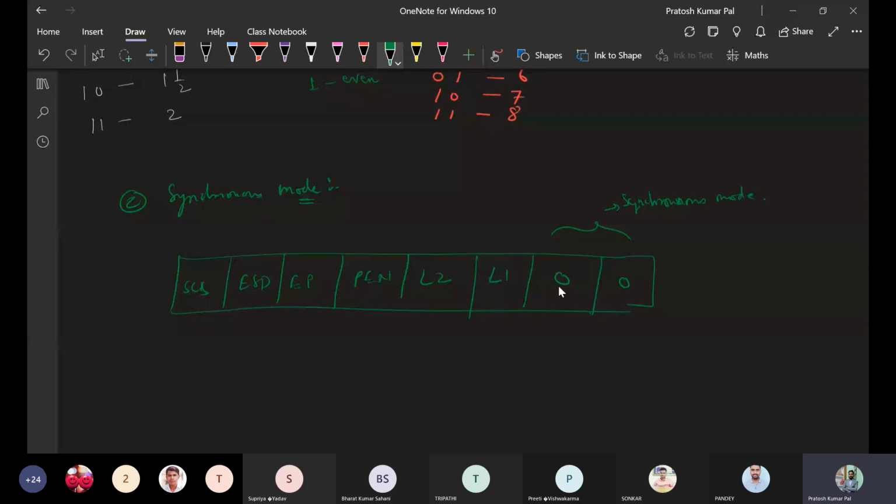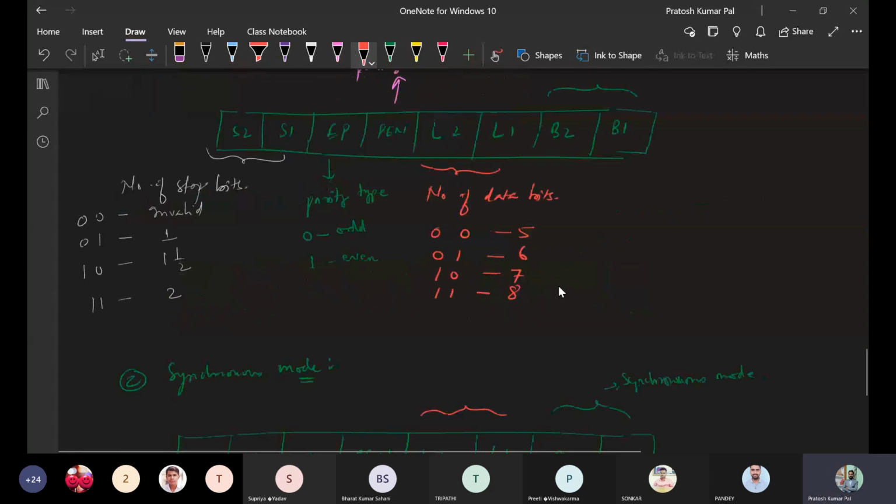Okay, the next one is L1 and L2. This L1 and L2 again is going to tell the number of data bits, as we have seen.